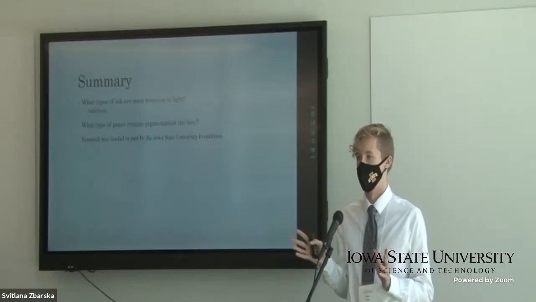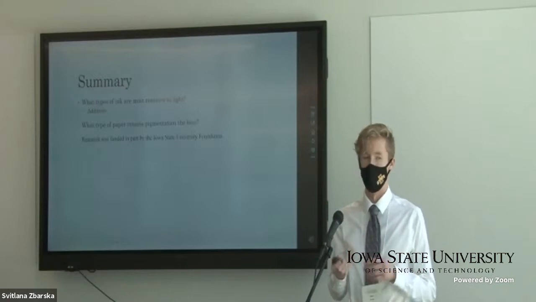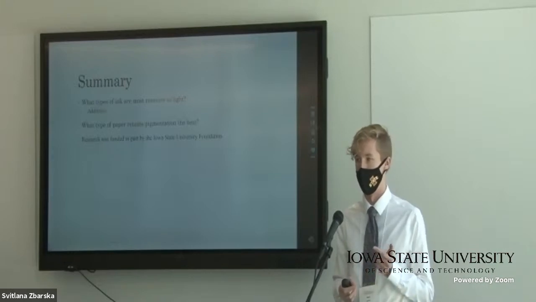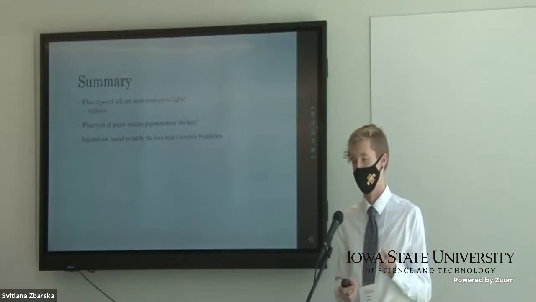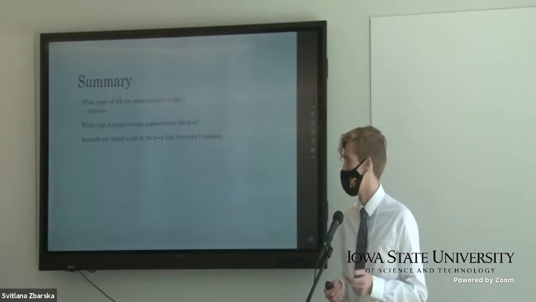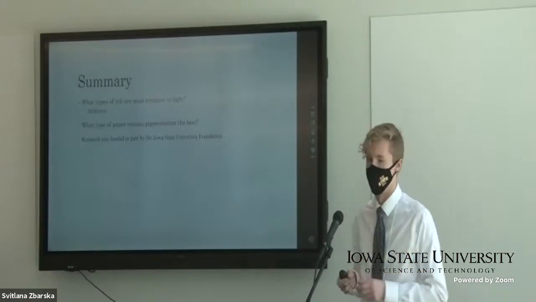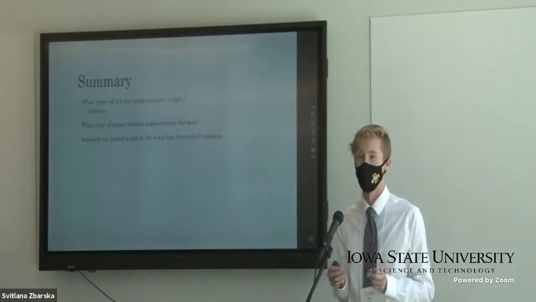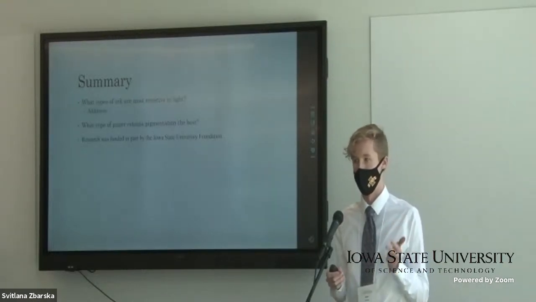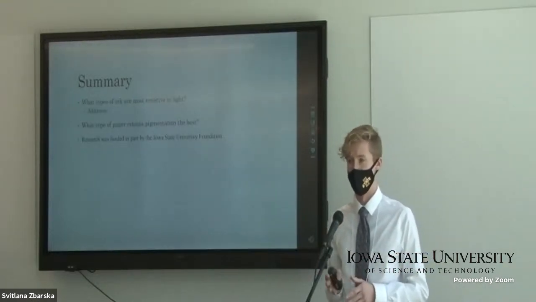What type of inks are most resistant to light? As we had seen in the first couple of slides, the inks derived from nuts and woods, including the black walnut, goldenrod, and, like this last one here, madderwood, tend to be a bit more resistant to light. They tend to be more light fast, whereas the inks derived from fruits and vegetables, including the aronia berry, elderberry, and onion, are not nearly as light fast and can be considered fugitive.